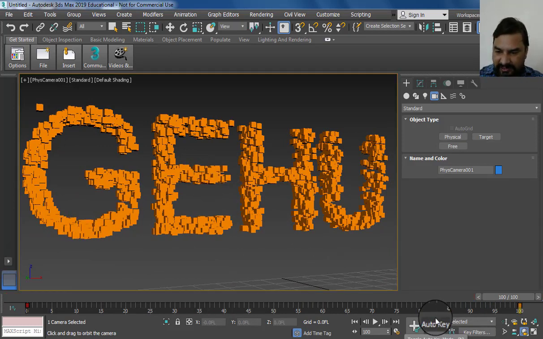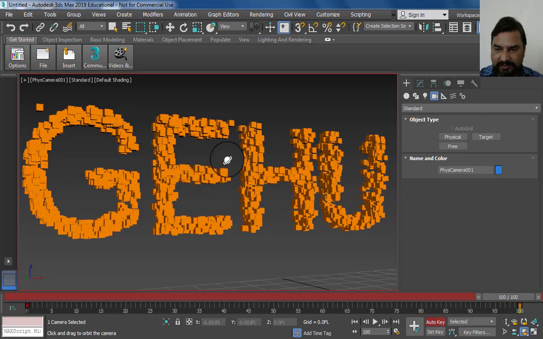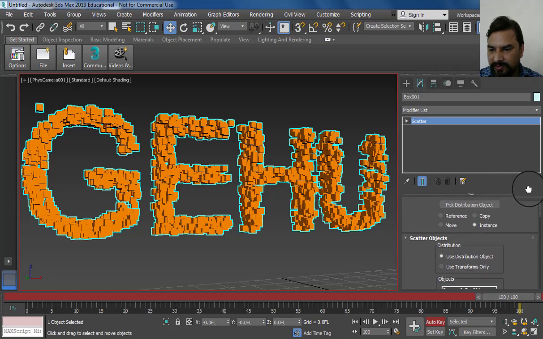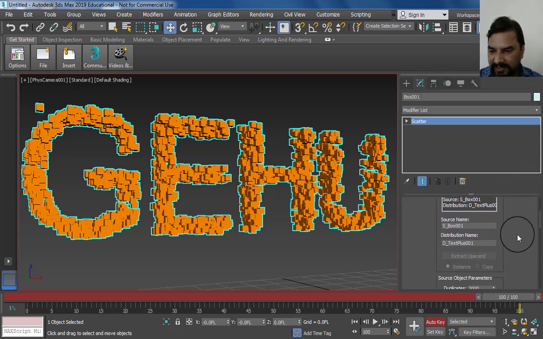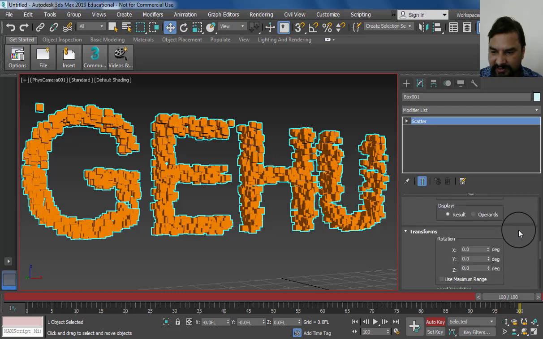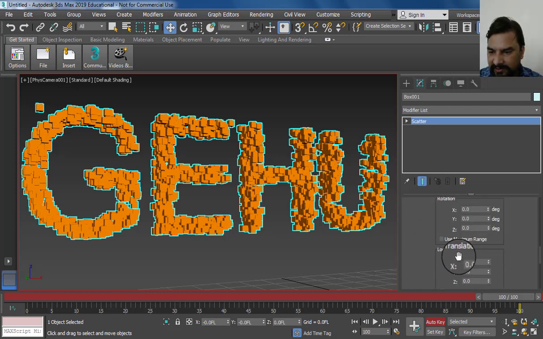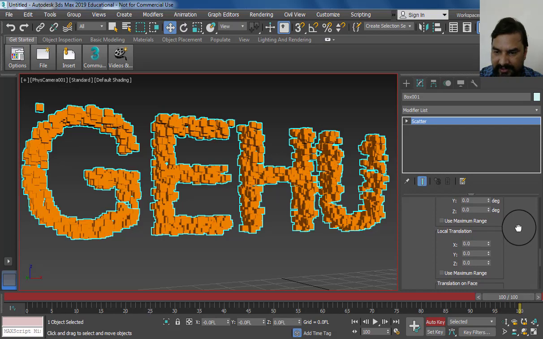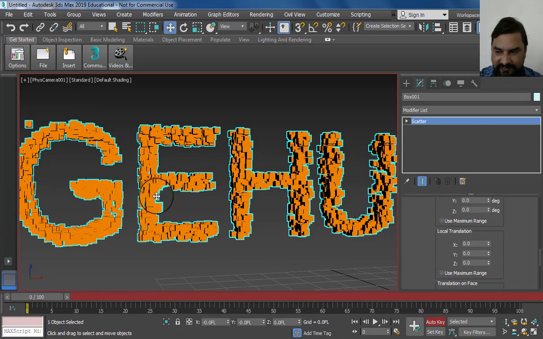What we do next, with Auto Key on, is select your text cubes and go to the modifier list. We can animate all these things. We can use the local transformation here. Now go to the first frame.